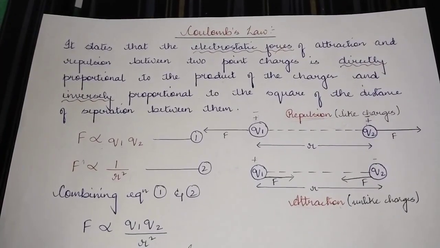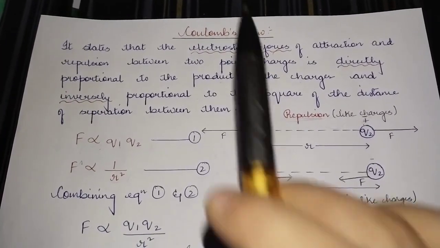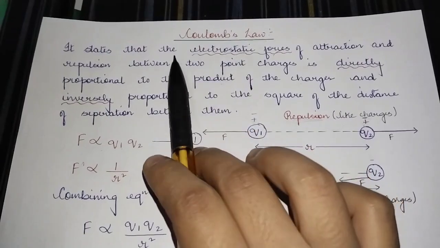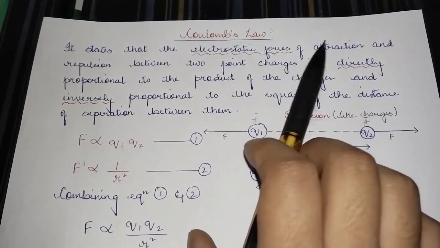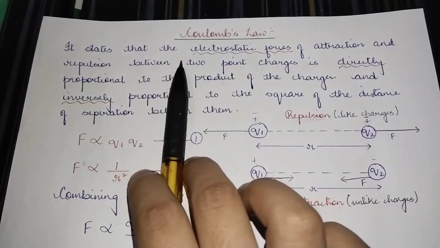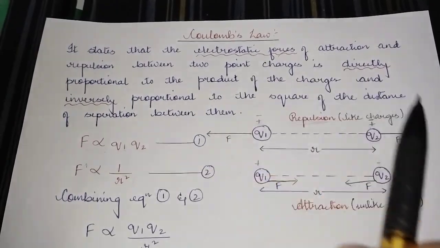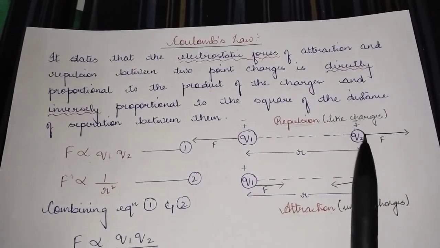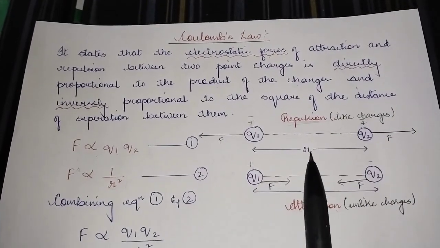Hello students, today we'll be talking about one of the important laws of electrostatics, which is Coulomb's law. In this law, he states the electrostatic forces of attraction and repulsion between two point charges. So suppose we consider two charges Q1 and Q2 separated by a distance r, we know that